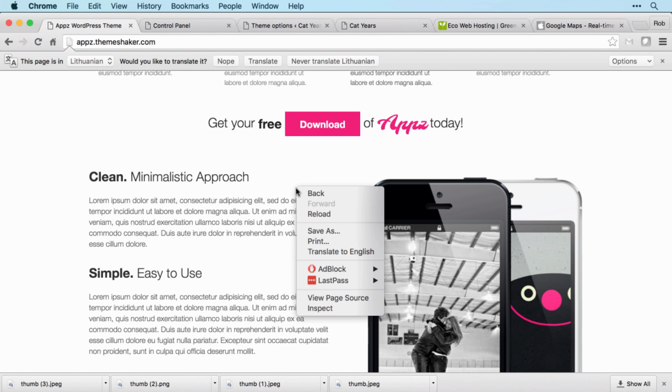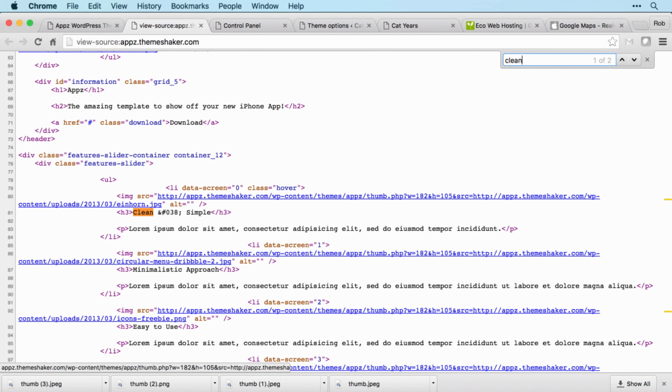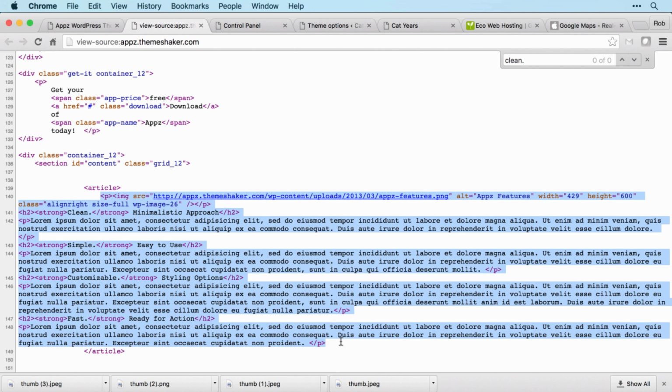So again, we're getting into a little bit of web development here, but if you control click on the page and view page source, and then use Command F to search, and I'm going to look for clean, there it is, clean minimalistic approach, and then copy everything from the beginning of article to the end of article. So everything between those two. And that's the HTML code that makes up